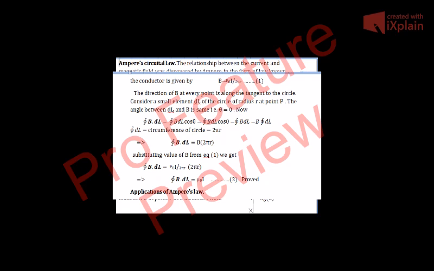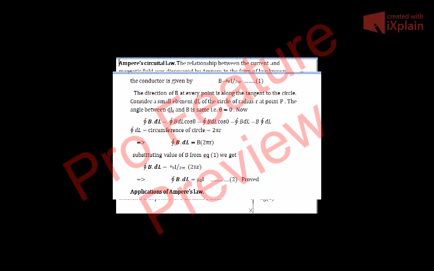It is not the same. It is 0. The angle between dl and B is 0, that is theta is equal to 0. Now let us take the line integral of B, that is the magnetic field B, and dl,